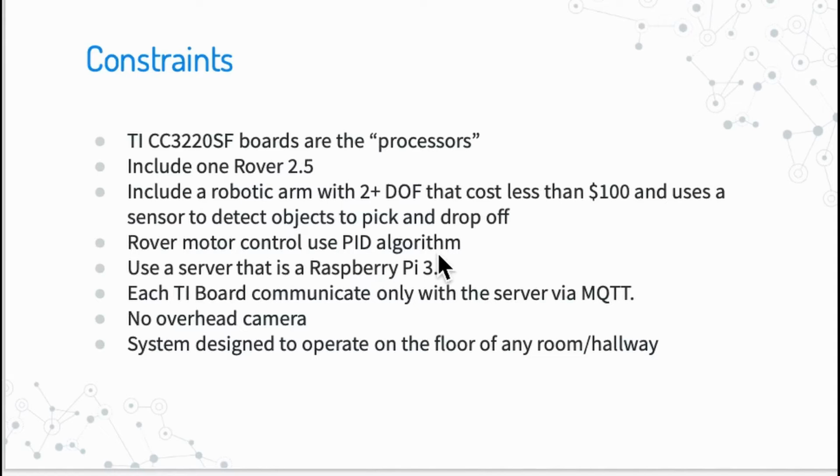This was met as every person on the team implemented their individual portion of the project on a separate TI board. For the arm's capabilities, we were required to use a robotic arm with 2+ DOF that costs less than $100 and can use a sensor to detect objects to pick up and drop off. In our project, we used an ARM Uno 2.0 that had a trained PixieCam to detect the 3 objects to